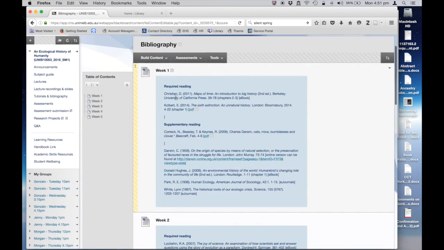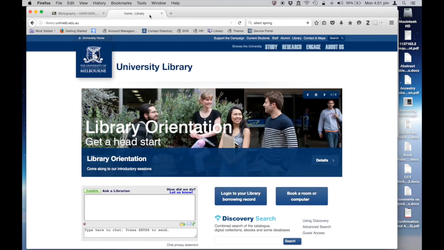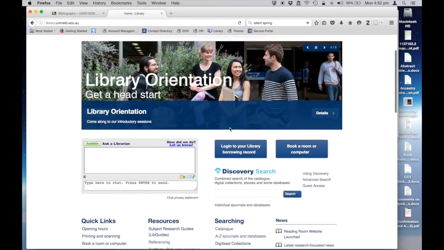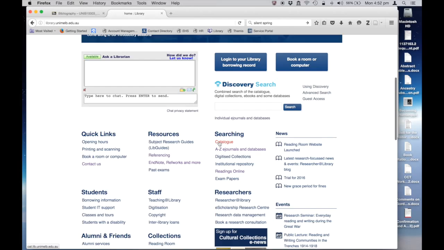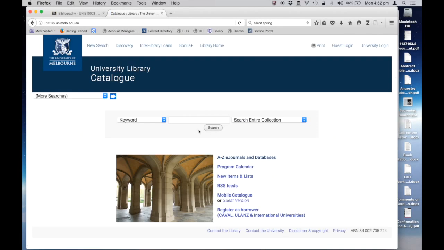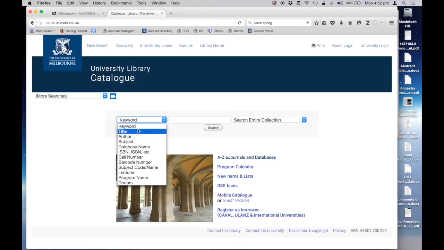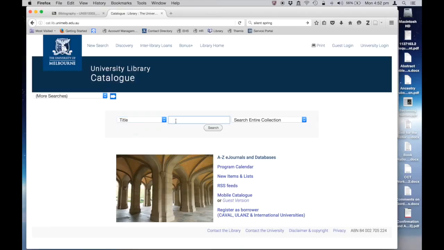We'll just have a look at week 1. You'll probably want to have a look at Christian's Maps of Time. If you haven't, it's an excellent book. It covers an enormous amount of ground, and you can see that it's an ebook. So how do we find that as an ebook? Well, firstly, we go to the library home page, and then we find ebooks generally through the catalogue. We'll click on catalogue, and we'll type in the title. We could do the keywords, Maps of Time,